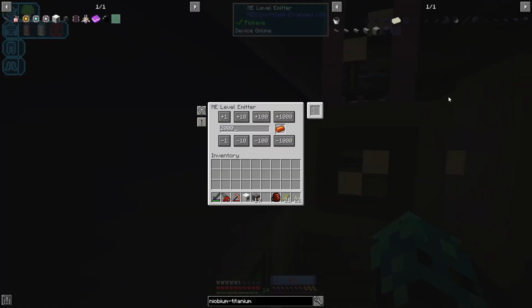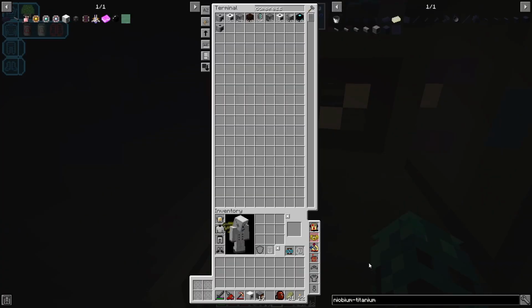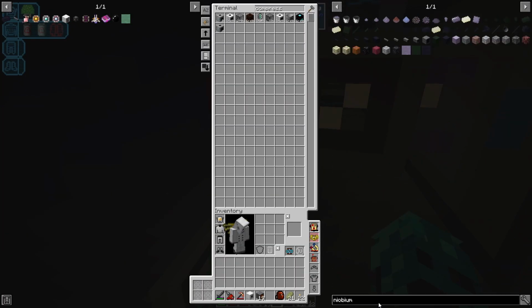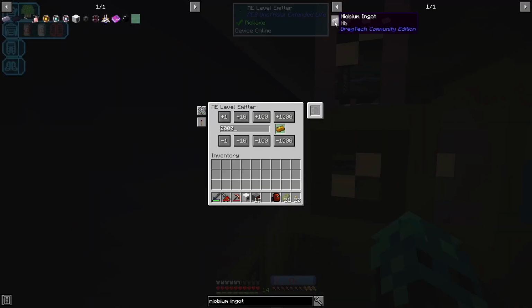be changed to niobium type. No, it needs to be changed. Step 1, put that there. Oh, that's not going to work because I need to be in this view. And now niobium ingot. Good. Niobium titanium, niobium nitrate, niobium. Good. So this can be set to that, and we want to start with, let's say, 512 niobium,